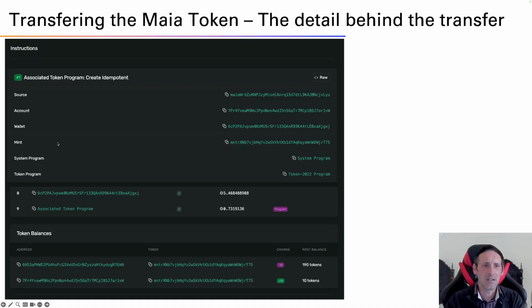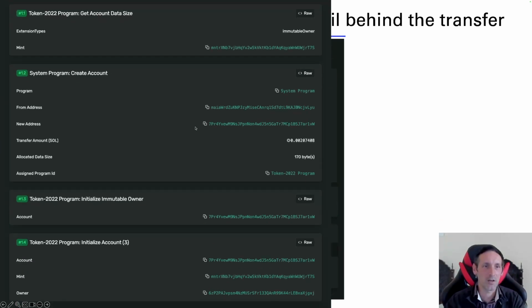Yeah, and this is the final one here. Again, we recognize all of these addresses. The source, again the mint address, the mint authority, let's say, the account where the tokens are being stored, our own ATA, I guess. The wallet, this is our wallet address, the target recipient wallet address, the mint address for the token, the system program, etc. So a little bit of repetition there. And these are all the instructions that were sort of triggered as part of running that command